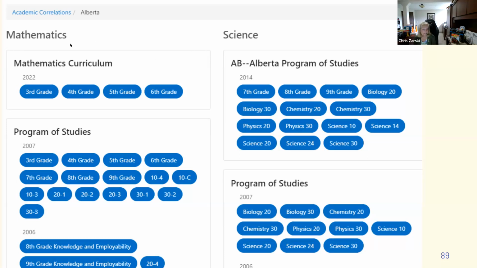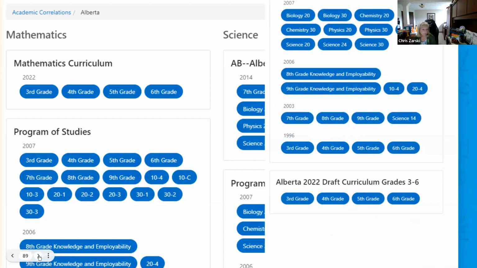And so when you come to their sites, you basically have to choose. You can go into Alberta and you can choose between mathematics and science. And you can see there's all different grades in here that you can choose. It's not just for younger ones. A lot of these that are written here are actually at lower grade levels, and that was the purpose of them going through and actually fitting them into our current curriculums, our new curriculums. So there's lots to choose from on there.